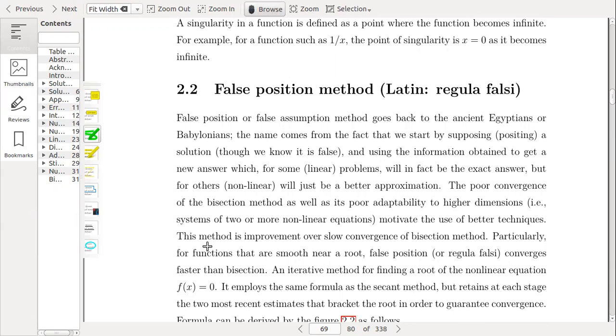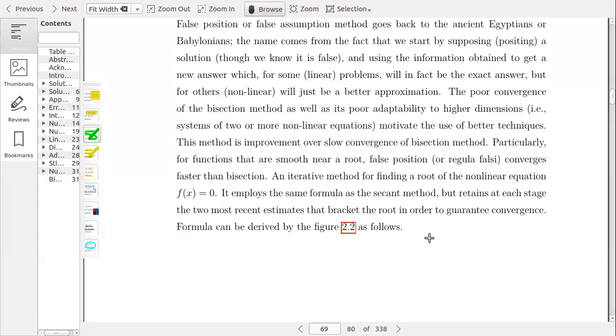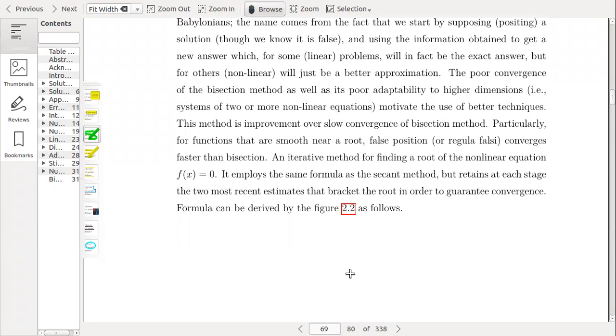So this method is an improvement over the slow convergence of the bisection method, particularly for functions that are smooth near a root. False position converges faster than bisection. This is an iterative method for finding a root of a nonlinear equation of the type f of x equal to 0. It employs actually the same technique as we use in the secant method, but it retains at each stage the two most recent estimates that bracket the root in order to guarantee convergence. So actually,